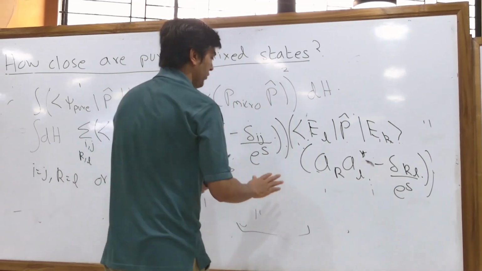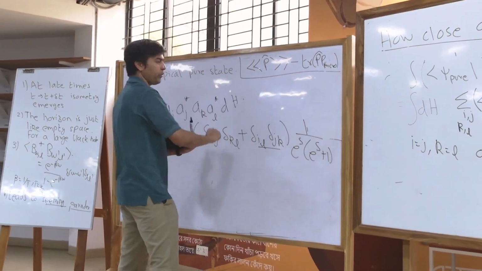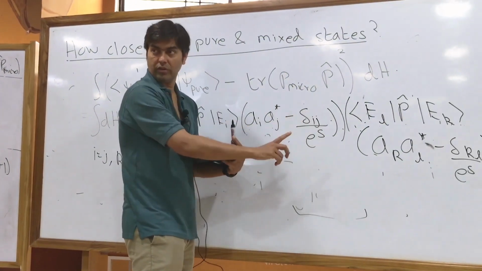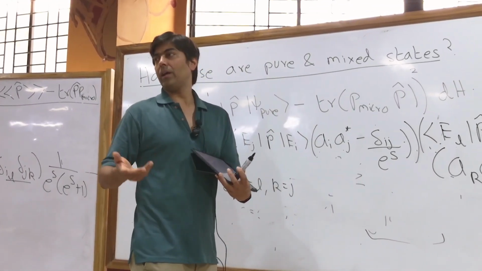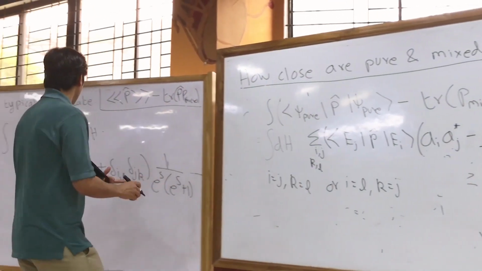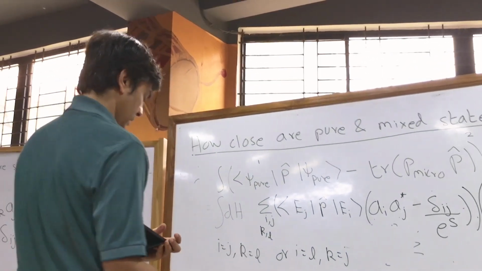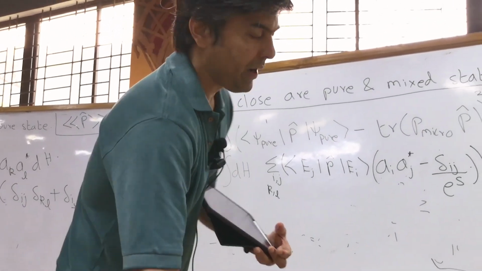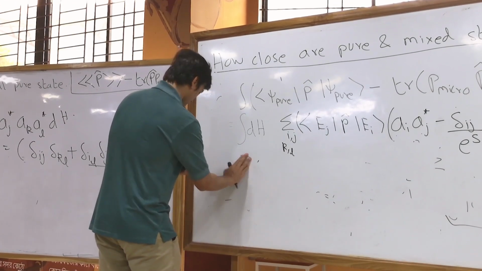So you'll get lots of terms which are proportional to delta ij, delta kl, not just from this 4-term expectation value, but also from these expectation values. And when you get these cross terms, it's pretty easy to check that they always contribute with a negative sign when you expand out the term. So this expectation value is smaller than the contribution that comes from, this is a positive term, right? This whole thing. I'm just trying to bound it above. You can compute the whole answer, but it's simple to look at this. It's strictly smaller than